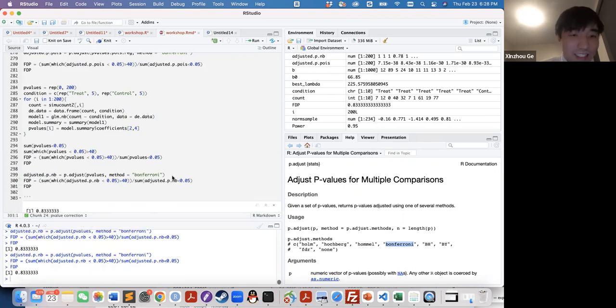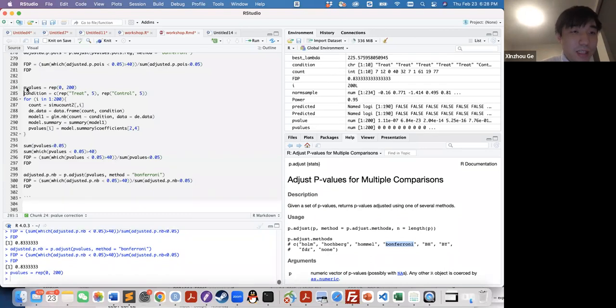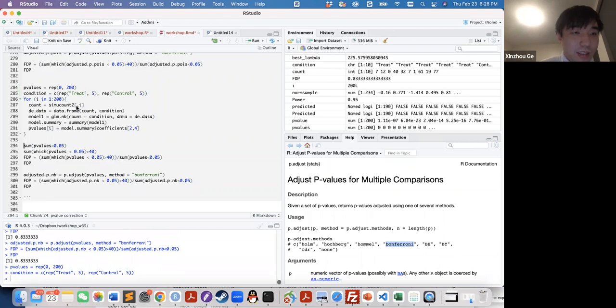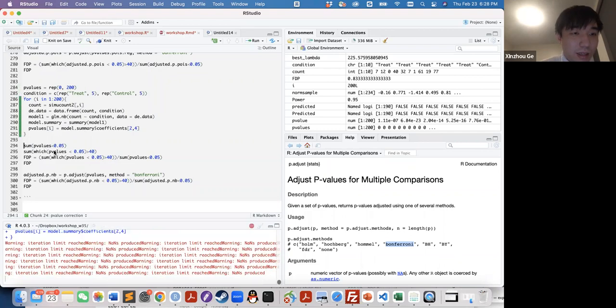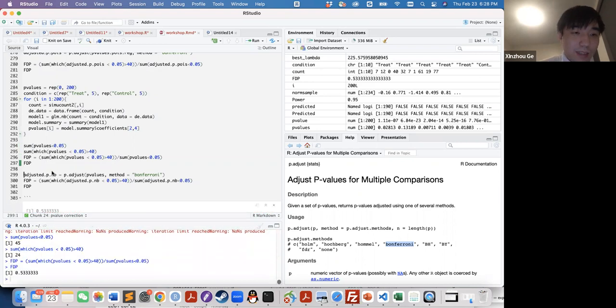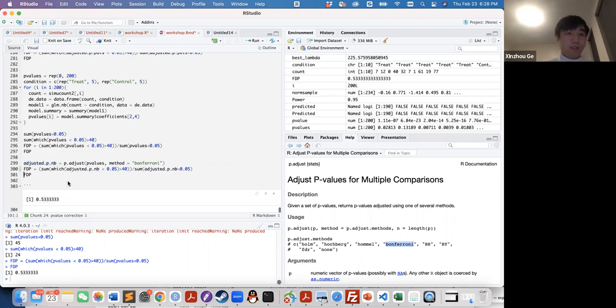I'm pretty sure that this time I didn't make any mistakes. Just double check: p-values, the correct dataset, correct. Okay, I think I didn't make any mistake here. I just do the correction on this p-value vector and get the adjusted p-value, and we can see that for this dataset,